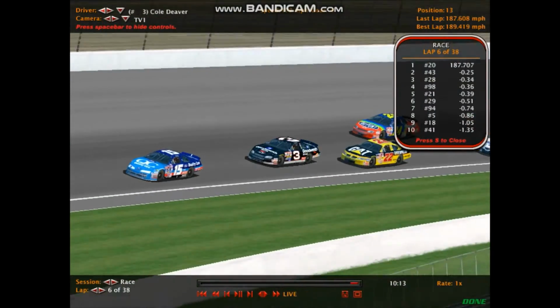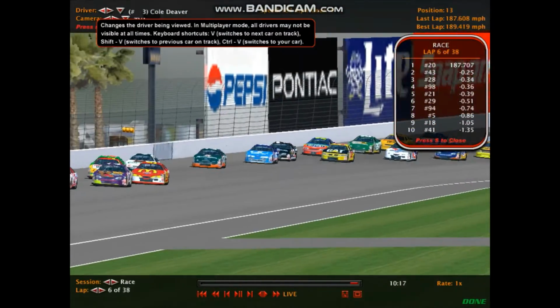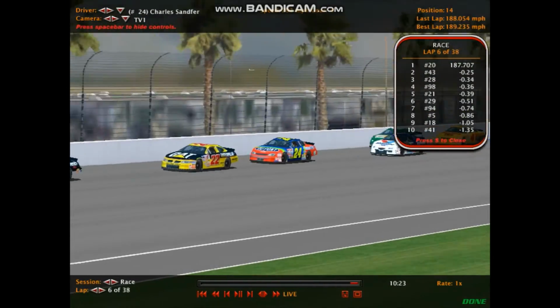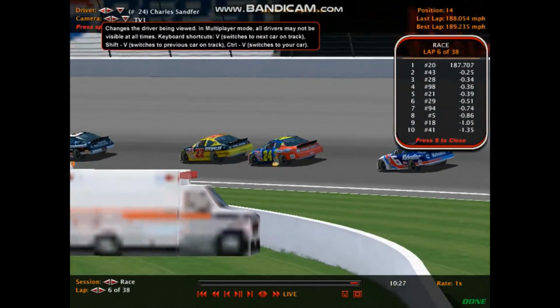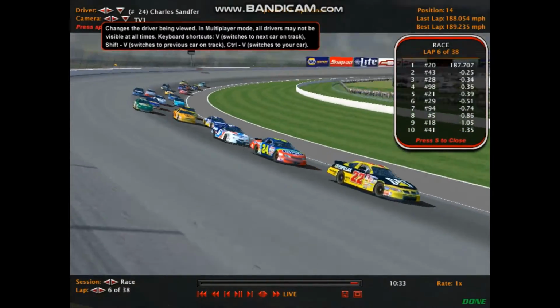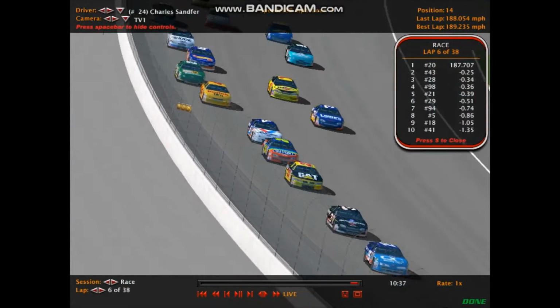And here comes Poteet down the low side, trying to get past Beaver as they come off turn number 2. Charles Sanford trying to find which way he's going to go here. The number 24 machine. There is Charles, the man they call the California Crusher here. Of course, hoping to get a win on his home track at California Speedway. He lives not far away from Fontana, as a matter of fact. I'm not giving you which part of the LA area he lives at. I'm not going to give you that, but